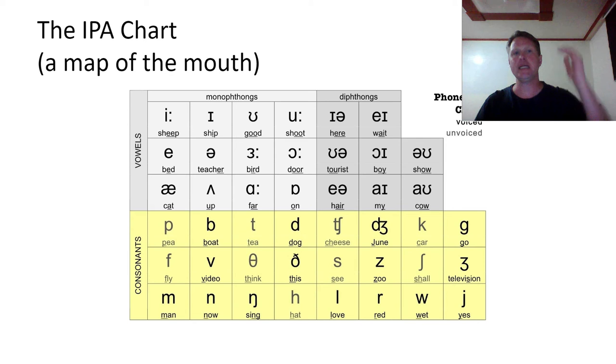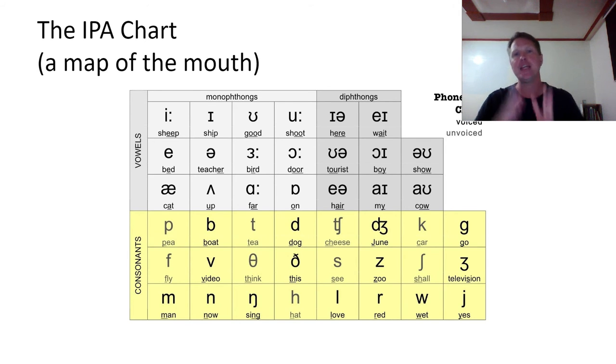So, for example, in sheep, bed, and cat, ee, e, a, if you feel your mouth or look at your mouth using a mirror or look at my mouth, you should feel or see that your mouth is going from almost closed to open. So that reflects the position of your tongue,